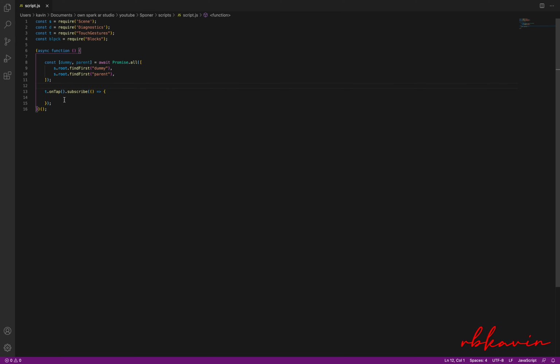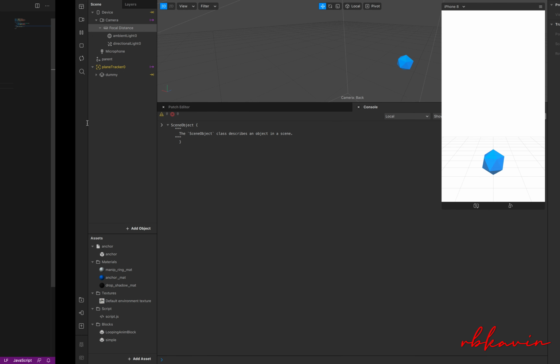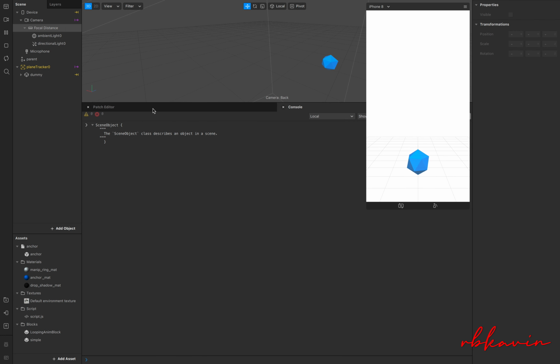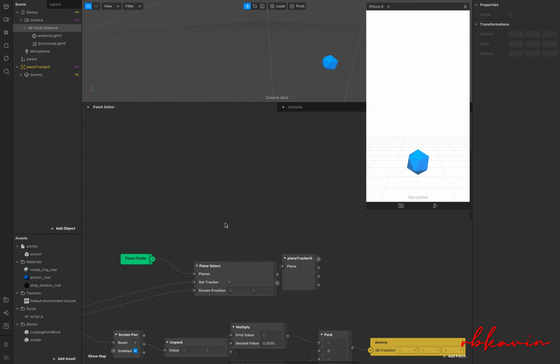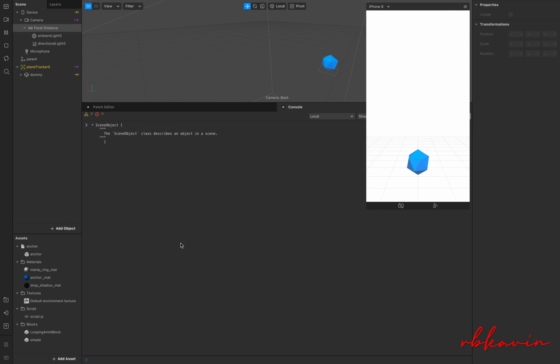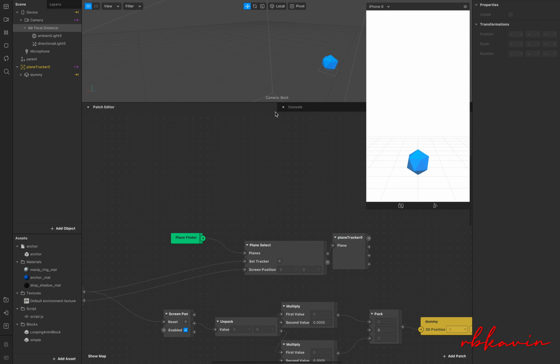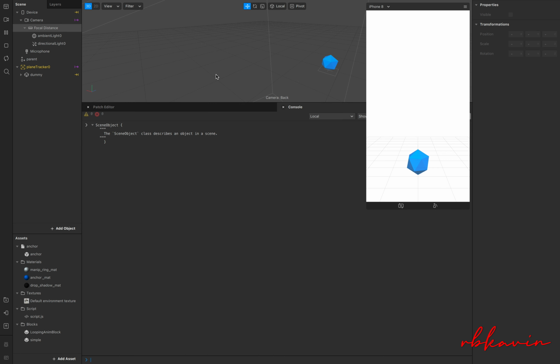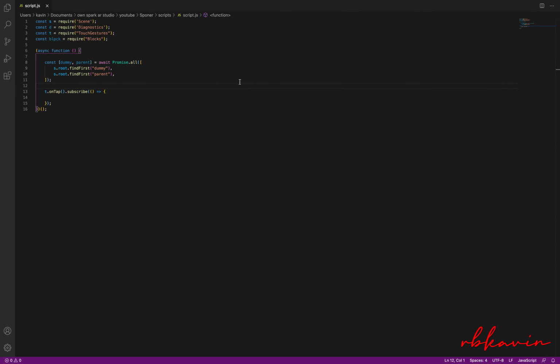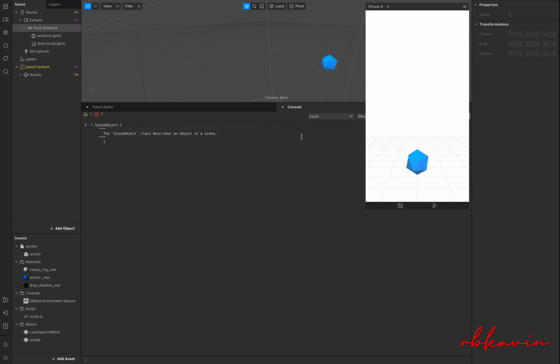If you're using the tap function alone without having any tap-based patch, we have a tap patch on the patch editor, so we don't have any error. But sometimes, if you are using any tap-based functions without having any patch on the patch editor, it will show an error.